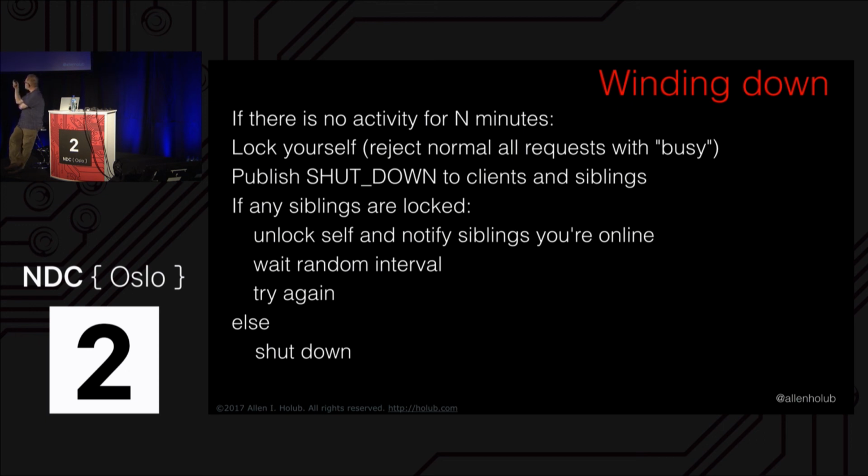So I hit on this algorithm to do it. I'm still fiddling around with this algorithm. But the basic idea is that when a service wants to shut down, it locks itself so that all subsequent requests are rejected. And then the service that is shutting down, remember it's got that pub sub socket, publishes a request out to all of its siblings saying, I'm about to shut down. If any of them reply with I'm locked, in other words, if they can't send it out, then it says, okay, there's another one shutting down. So in that case, it gives up on shutting down, backs off for some random amount of time, and then tries again.